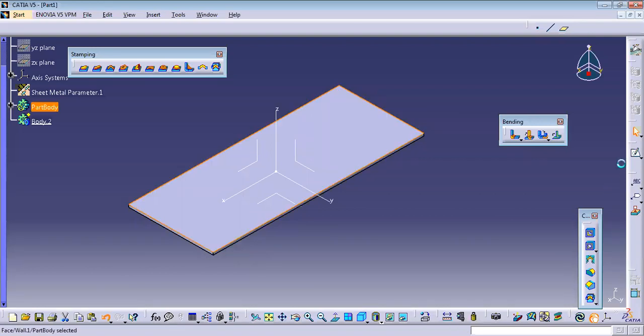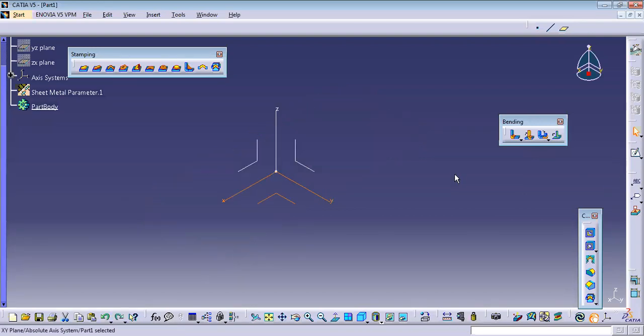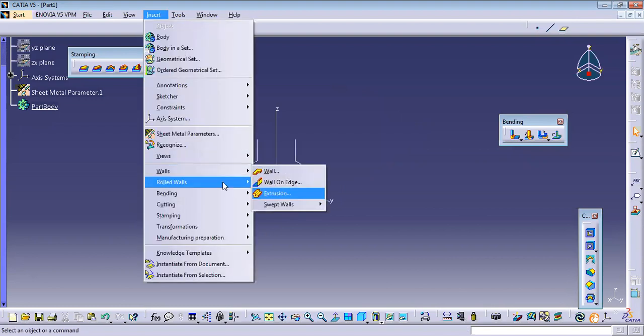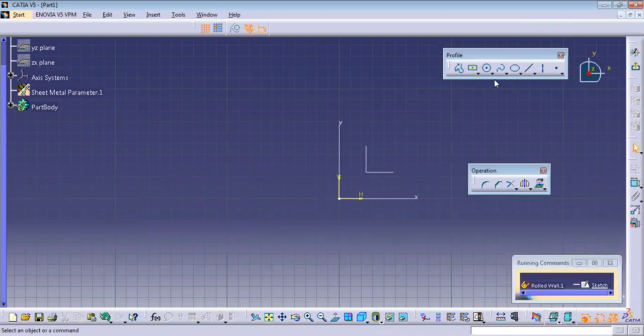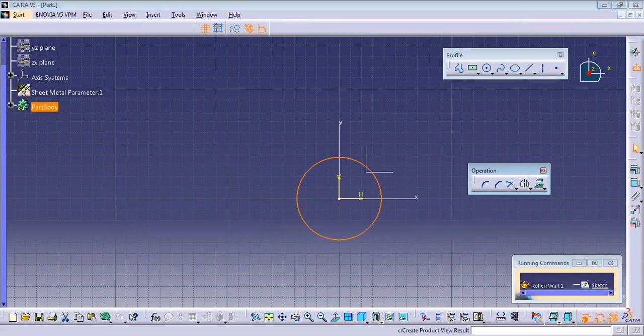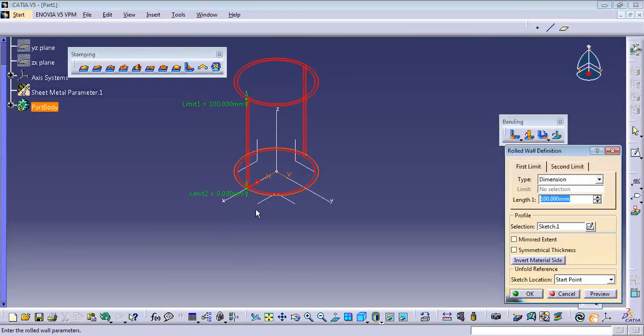No, sir. So we are only left with rolled walls and hoppers. This rolled wall is nothing but a round wall which is created automatically. You just need to select the profile here. The profile, I'll directly sketch on this plane. I'll create a circle like this. I'll say exit. So this is the rolled wall, of whatever height you give, and the thickness will be constant again.